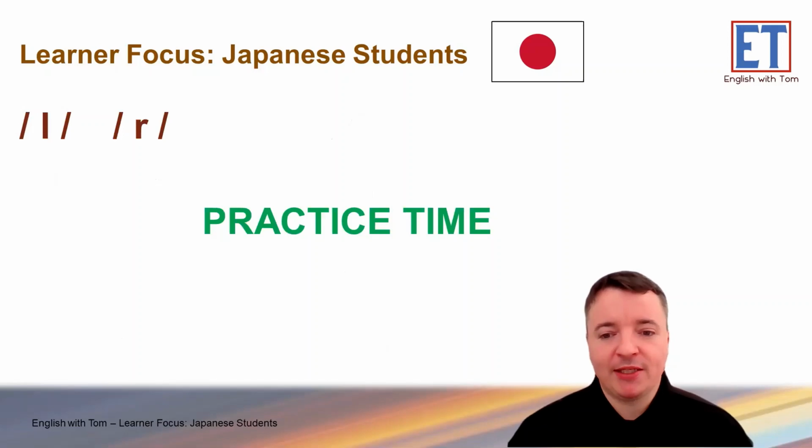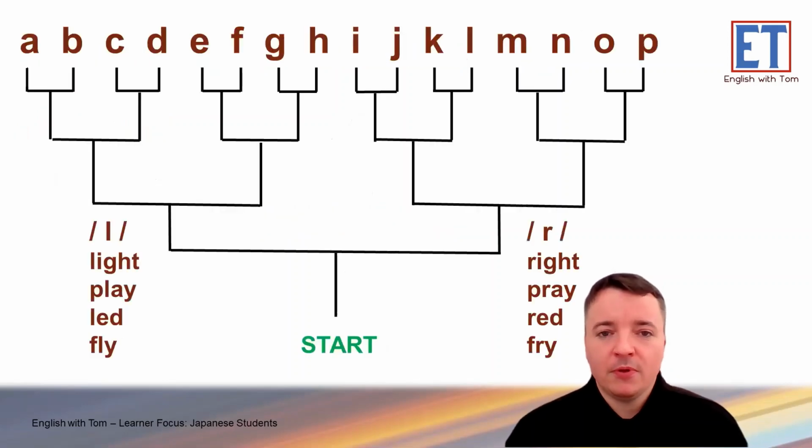So let's have a practice. L and R. Have a look here. So we have A, B, C, D, E, F, all the way to P. If you hear a L sound, go left. If you hear a R sound, go right. So for example,